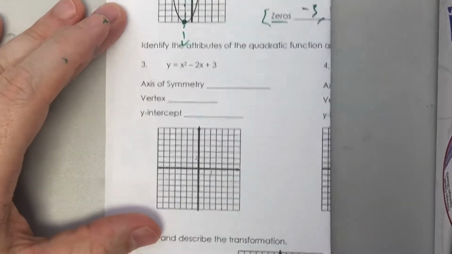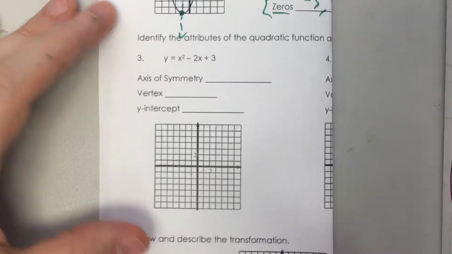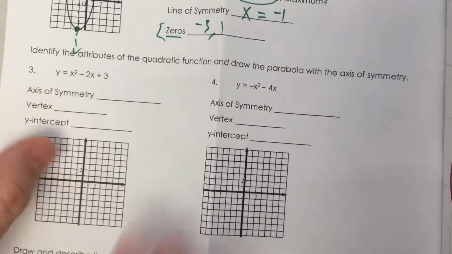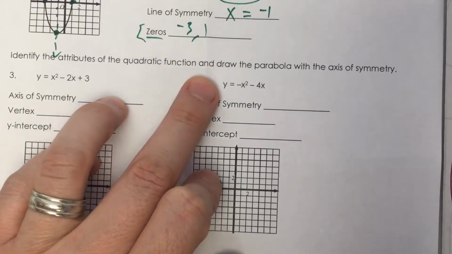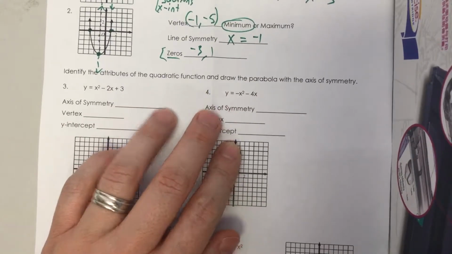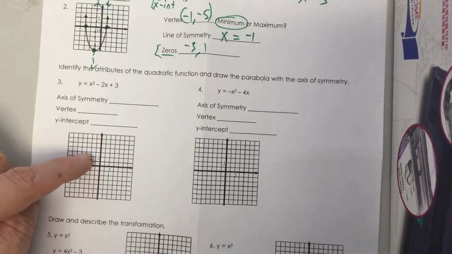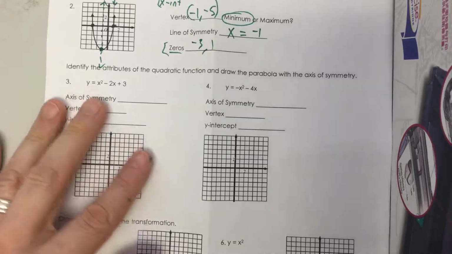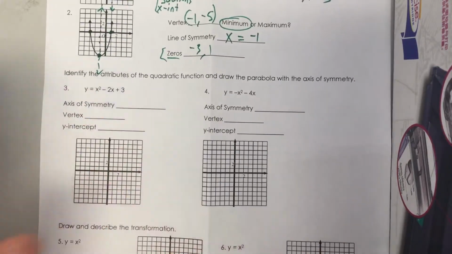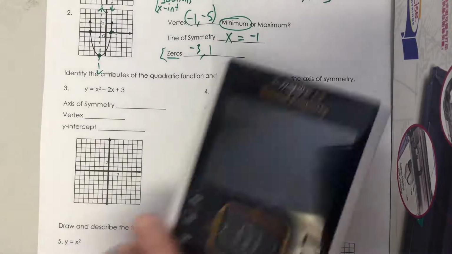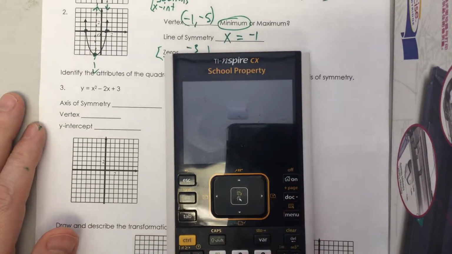I'll fold the paper so we can get a little bit better picture of that one. All right, we have, oh, sorry, I need to read the directions. Identify the attributes of the quadratic function and draw the parabola with the axis of symmetry. Now, honestly, you can graph it. You can sketch it from the calculator screen. I'll show you that right now. In fact, let me leave this not zoomed in so I can put the calculator right beside it. So I'm going to type in